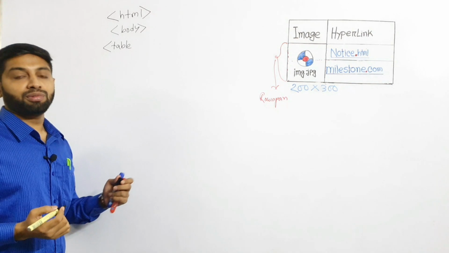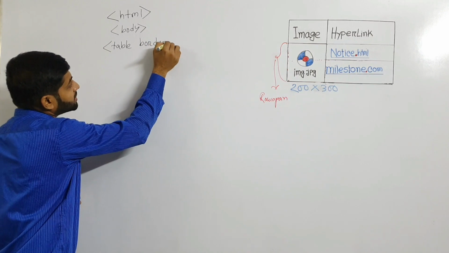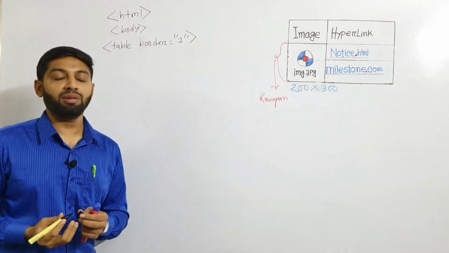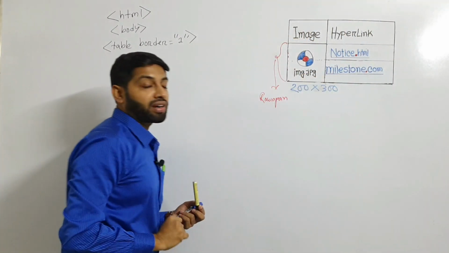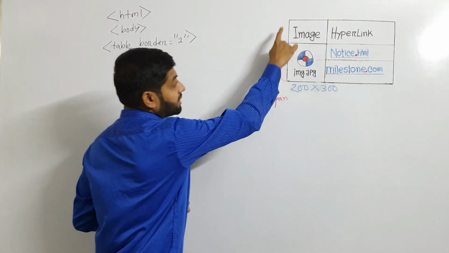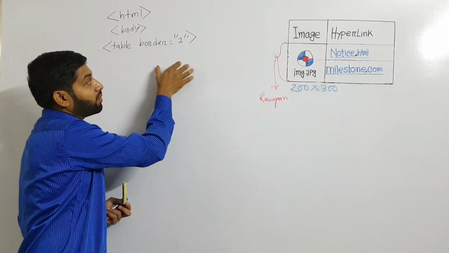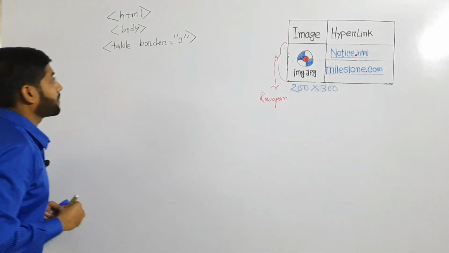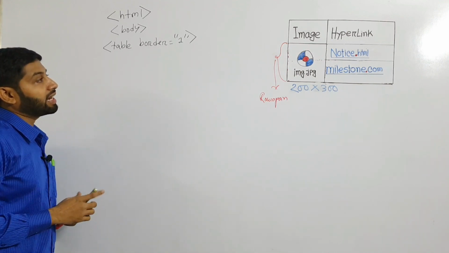Table. In the table tag we have to add an attribute. This one is border and this attribute's value will be 1. By default the value will be 1. Why? This border means the whole table has a border. And this border's basic value is a single line, if you want to see it in your question paper. If you forget to put the border or forget to put the value, you just put yourself in a bad position. So border equals 1 will be the default value. Then we have to start our table.